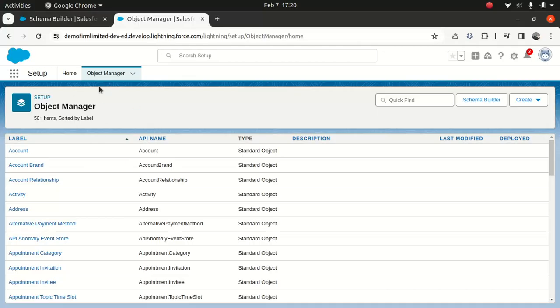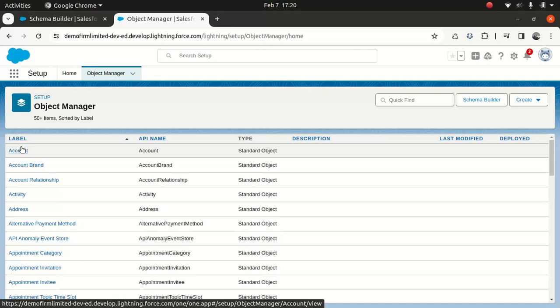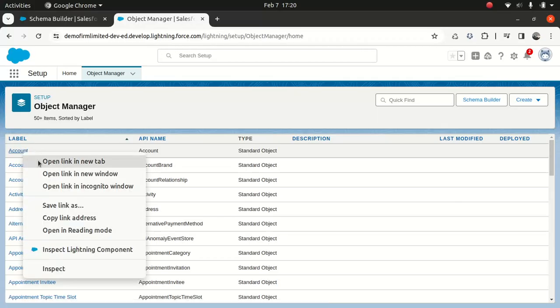So this is Object Manager. As you can see, you've got an Account here. Like I said, Account is a standard object which comes out of the box once you register for an org. In this case, I'm using a developer org, which is a free org. So if I go into this Account